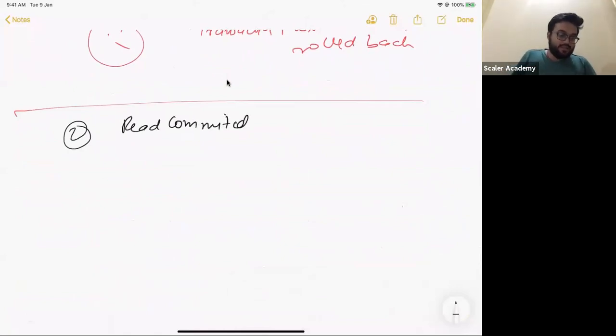Okay, where can this be used in reality? Everybody in the class, I am giving you this as a homework. Try to come up with some examples in which you can actually be using these kinds of isolation levels. Does that make sense? Do you guys want to do that?